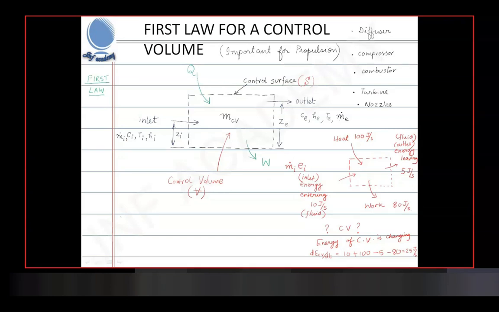So let me write it here. You have m dot into ei plus q dot. Okay, so q dot is the heat transfer rate and w dot is the work transfer rate to the control volume. This is equal to